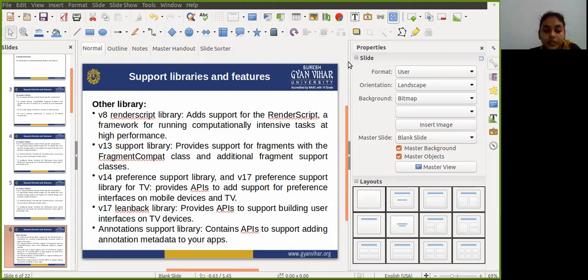The next component among the other libraries is the custom tabs support library. It mainly adds support for adding and managing custom tabs in your app.